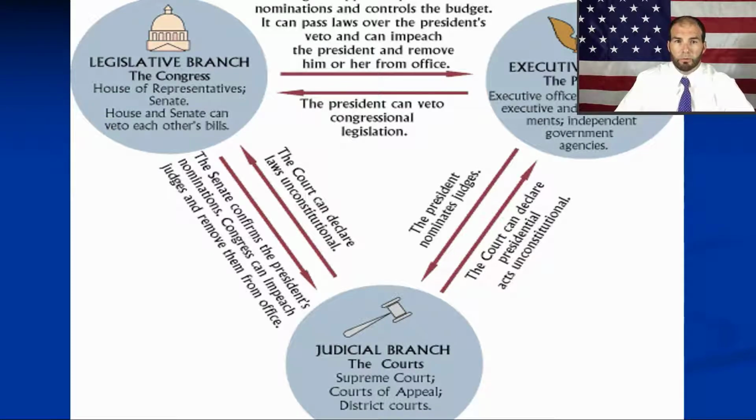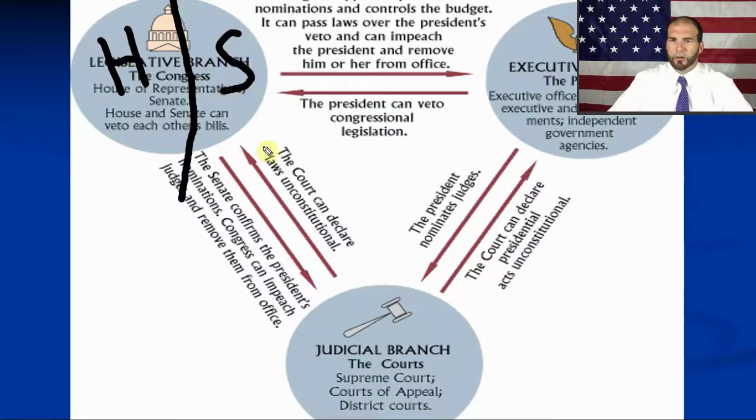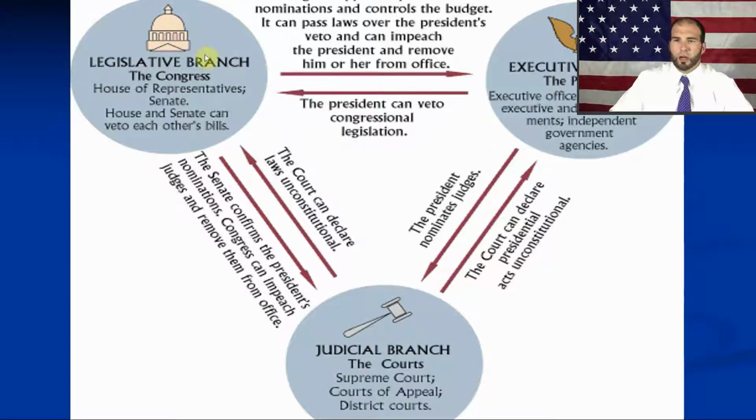If you divided this in half, man, I can't draw a straight line to save my life. You'd have the House of Representatives as one half, and then the Senate as the other. All right, and that makes up the legislative branch that creates laws. So present day, that is still how it is. If you notice, there's 3 branches of the government. This comes from Montesquieu's idea of 3 branches, and that way they can have checks and balances on each other.